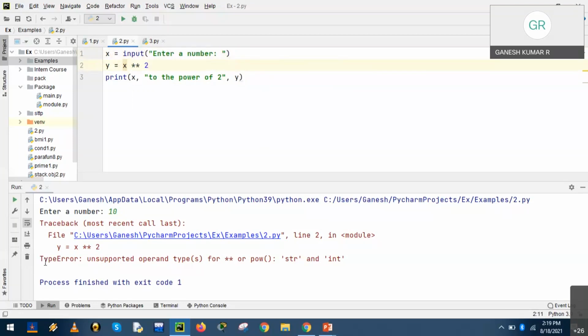So that is the reason we have got an error, type error, unsupported types for power function between string and int. So this situation is said to be a deadlock. Okay, so logically we may think correct, but practically this is not allowed. It is an invalid statement. Is there any solution to this issue? How to solve it?